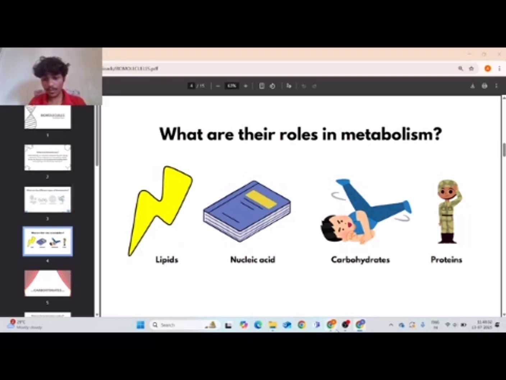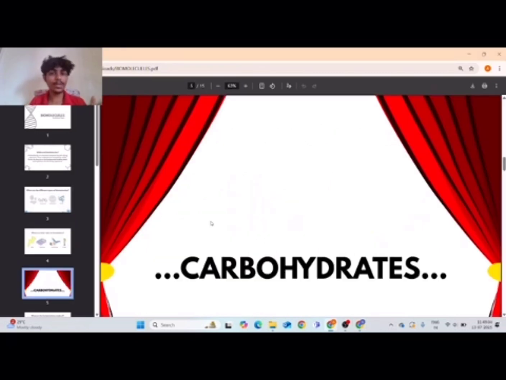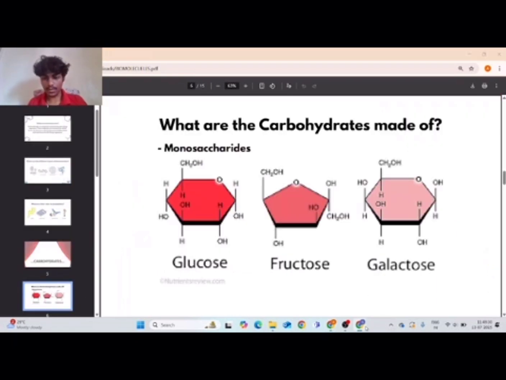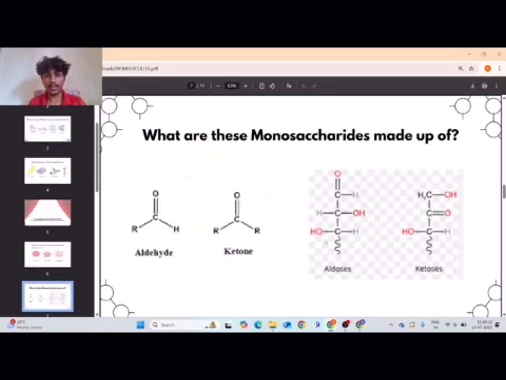And apart from that, let's head into the main topic of our presentation, that is carbohydrates. Now, what are carbohydrates? Well, carbohydrates are essentially a polymer, or rather a long chain made up of recurring monosaccharide units, with examples like glucose, lactose, galactose, etc. Now, these monosaccharides, what exactly are they made up of? Now that's what we'll